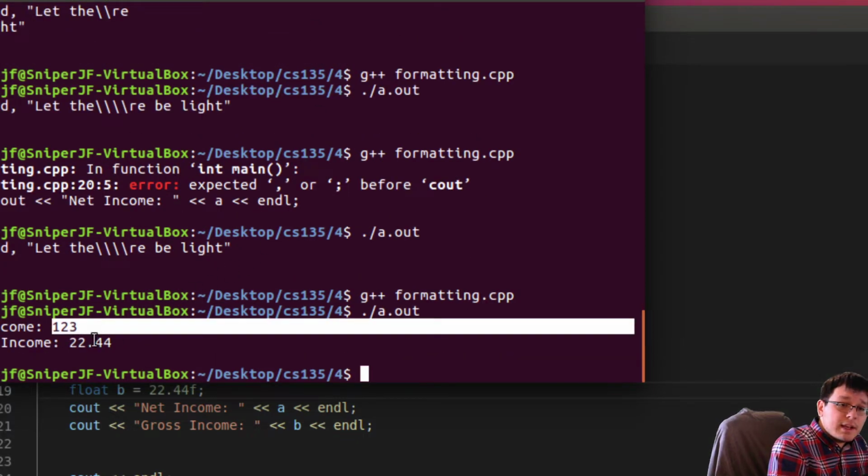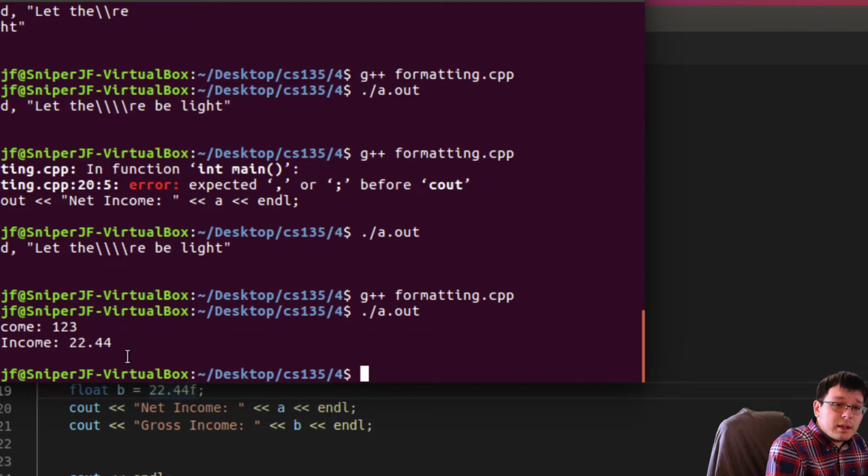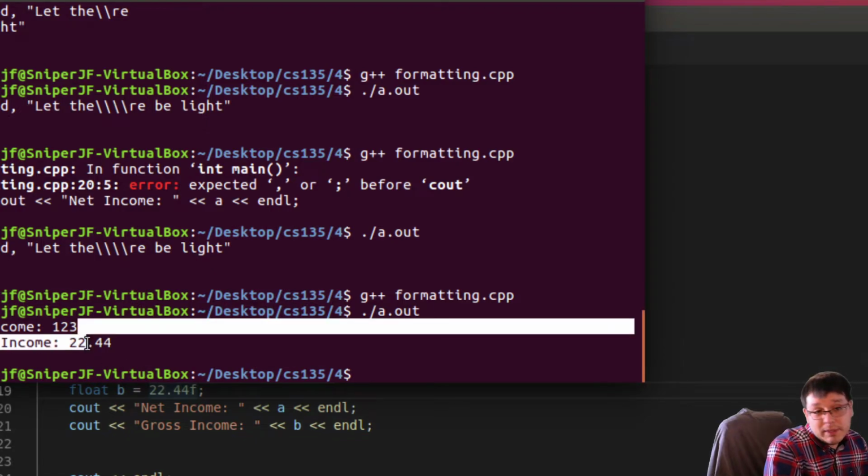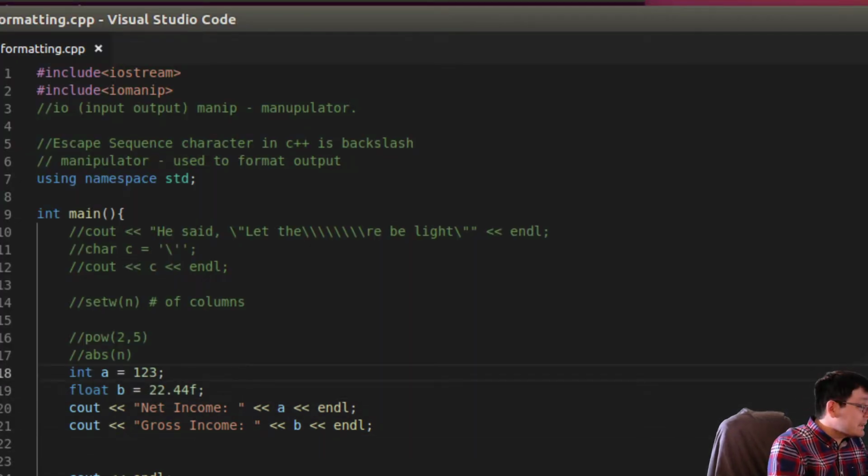All right, so we got net income and we got gross income. Okay, I think that's good because gross income is after the tax man takes their cut. So here they took a big cut. So okay, so